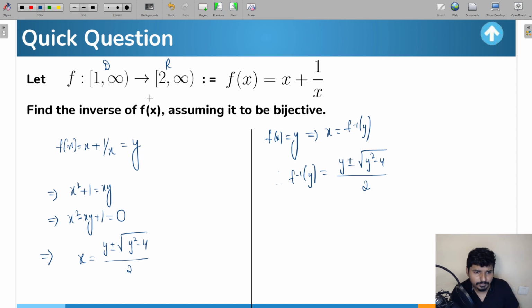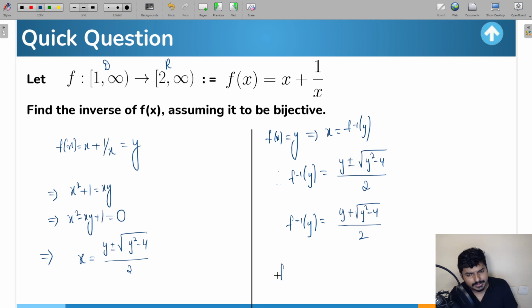And specifically, if you see, the domain is going to be 1 to infinity and the range is also 2 to infinity. We have taken only positive real numbers in the range. You would only take positive. Okay, so from here, I can write f inverse of y is going to be y plus under root of y square minus 4 divided by 2. We have taken only the positive sign here, because if you observe the range, it is only between 2 to infinity. All positive numbers are there. So that is the reason why I have taken only positive here. Okay. Now this is f inverse of y.